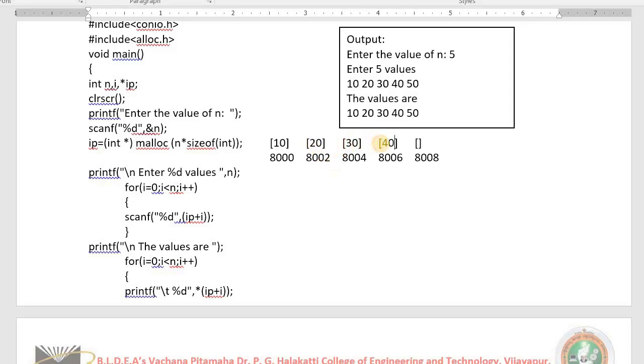Now what I am doing is reading n number of elements and storing them inside memories. Without using arrays, I am working with pointers. This is the importance of dynamic memory allocation. Look at this program. In this program, I have not defined any array, but I am reading n number of values as well as storing the values. See here, I have read the values as well as stored the values.